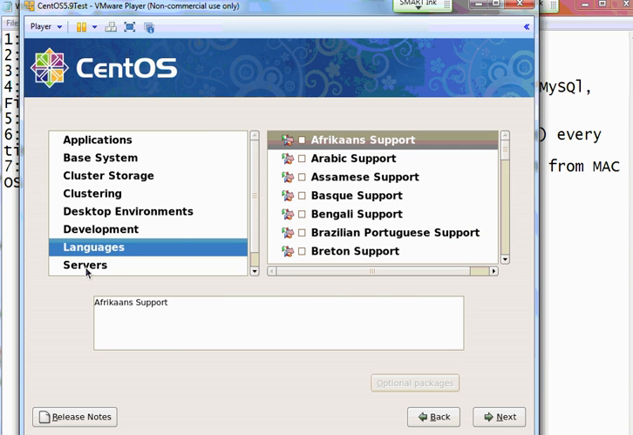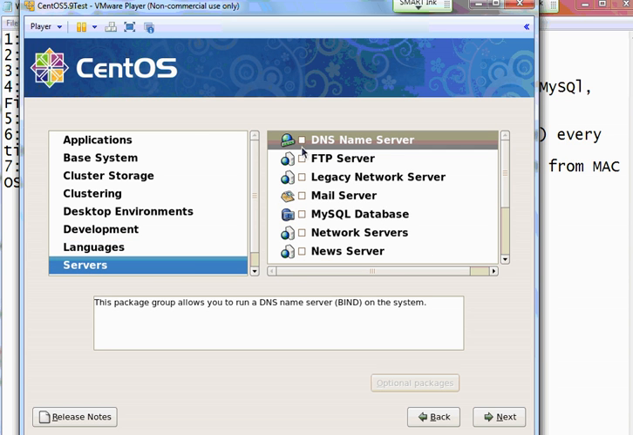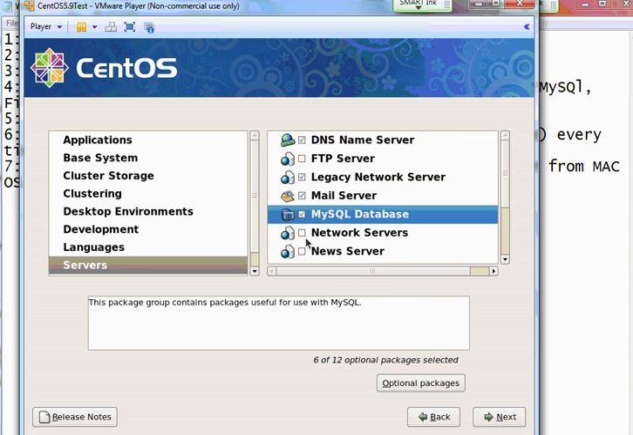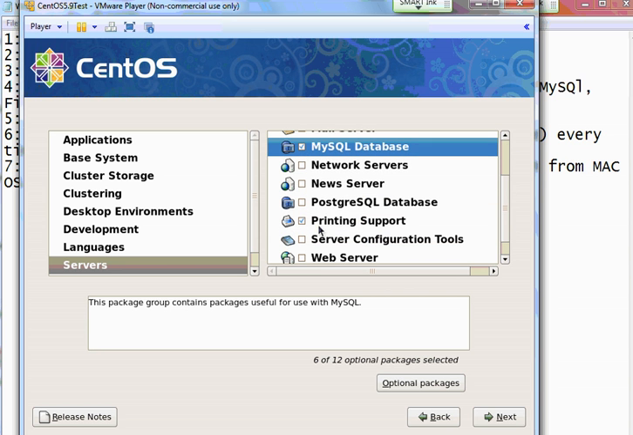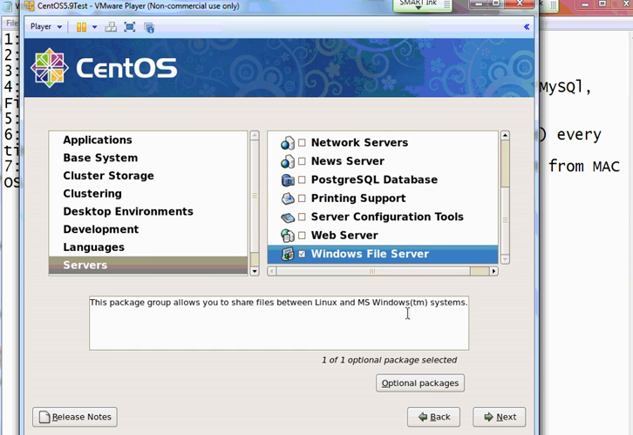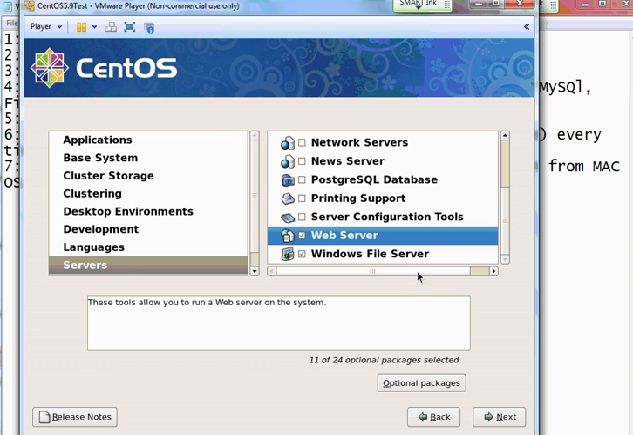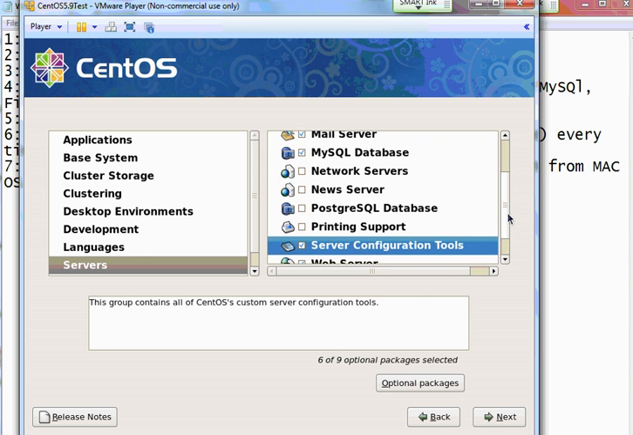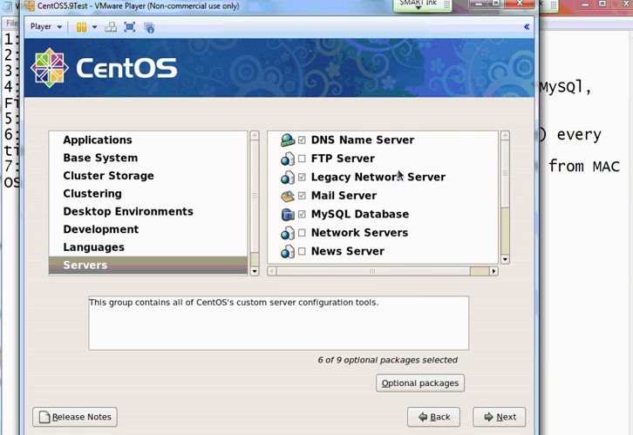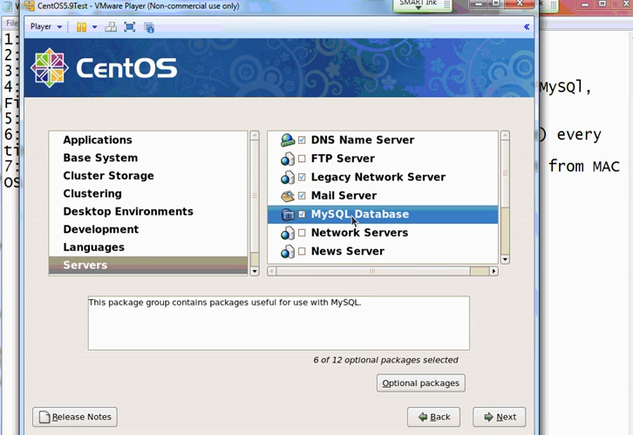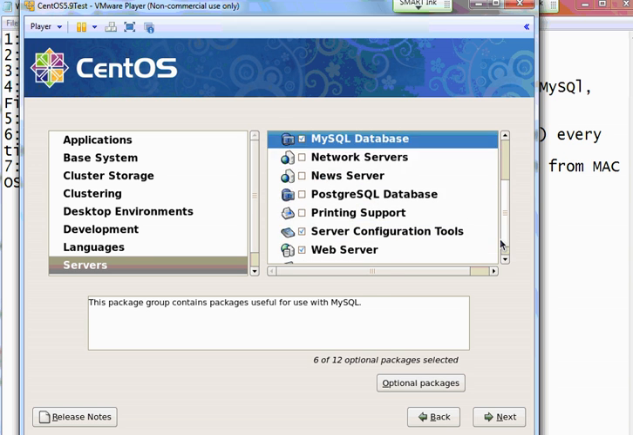Server, I'm going to get DNS, legacy, mail, SQL, and I need to get one more, right? I don't need the printer, I get the printer off. Samba, okay, that's Samba, and file server, Apache. Server configuration, select them. So in this video, you might get a DNS server, legacy, MySQL database server, configuration on the web,